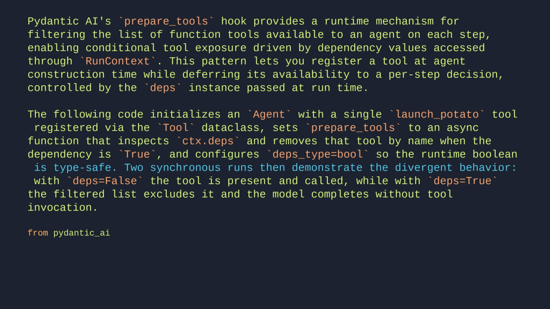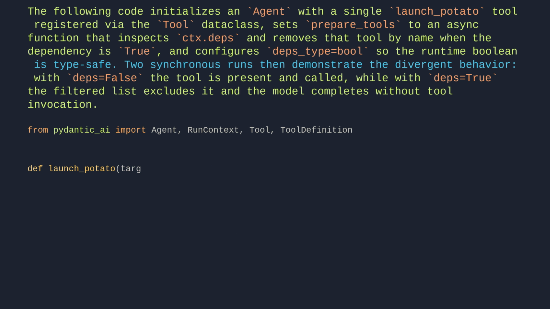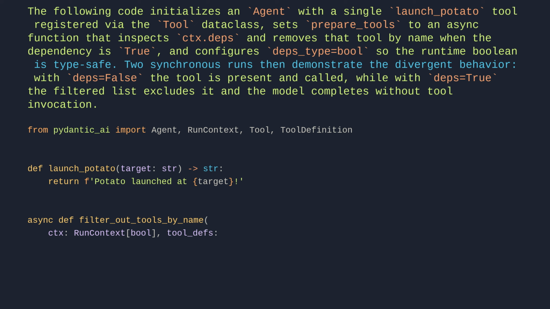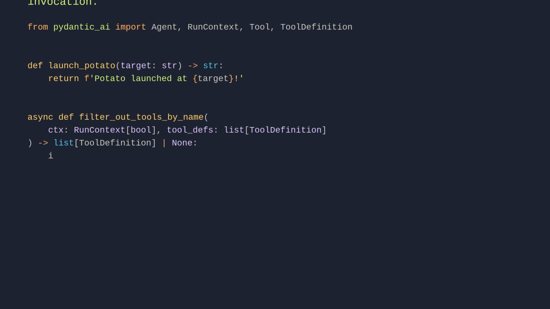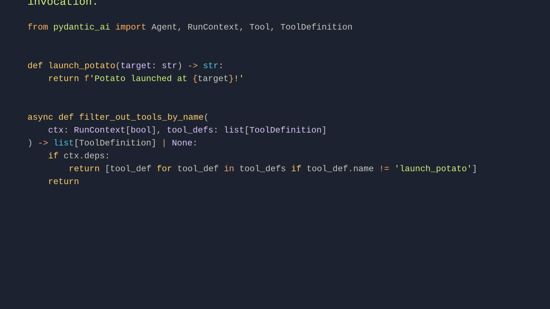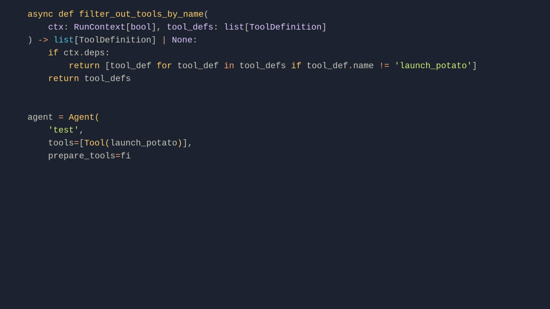From pydantic_ai import Agent, RunContext, ToolDefinition. def launch_potato(target: str): return f'potato launched at {target}'. async def filter_out_tools_by_name(ctx: RunContext[bool], tool_defs: list[ToolDefinition]) -> list[ToolDefinition] | None: if ctx.deps: return [tool_def for tool_def in tool_defs if tool_def.name != 'launch_potato']. return tool_defs. agent = Agent('test', tools=[launch_potato], prepare_tools=filter_out_tools_by_name,